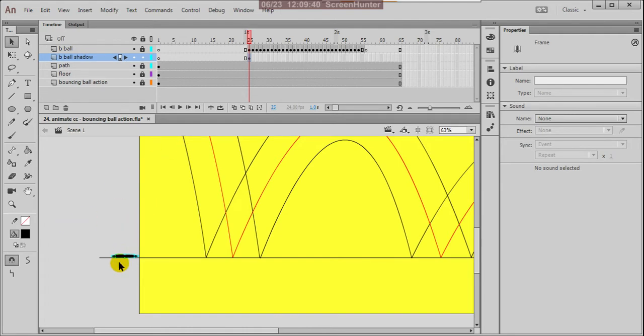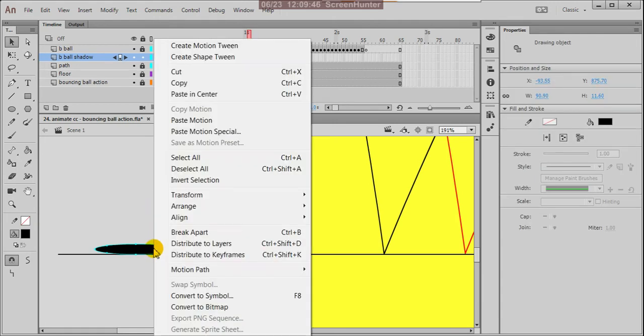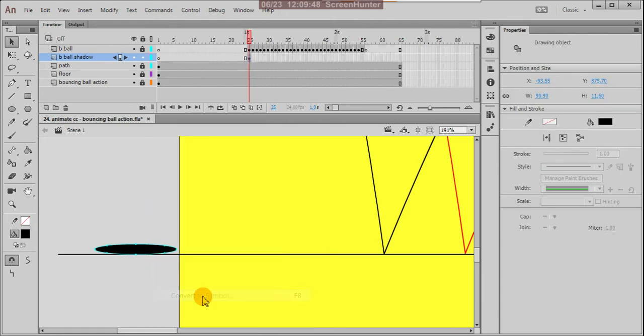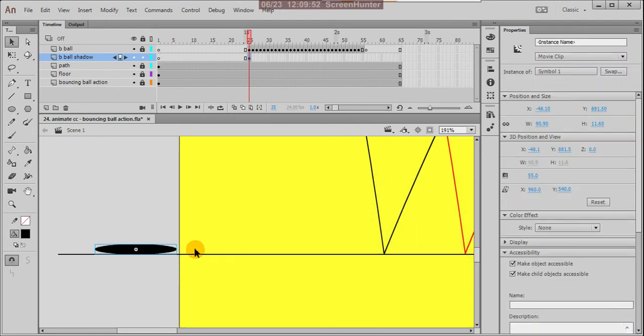the ball shades. Okay, so now what I'll do, this I made the shadow and right click here and convert to symbol. Okay, and make it movie clip, say OK, because it is converted to movie clip symbol.